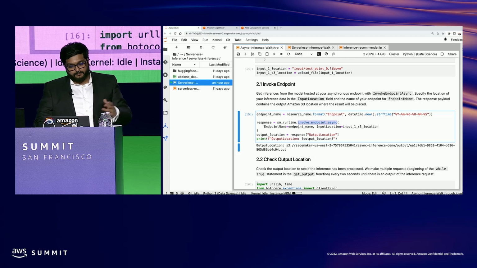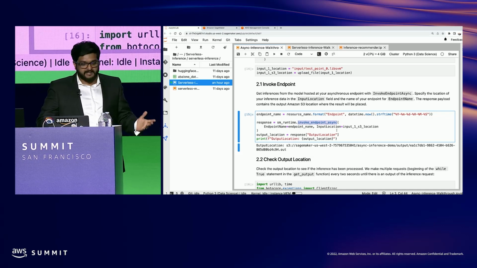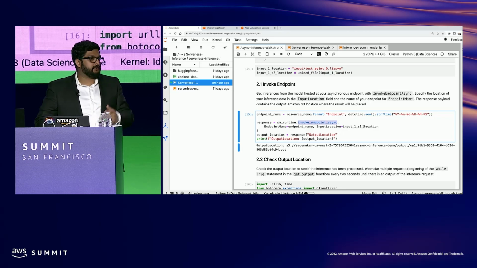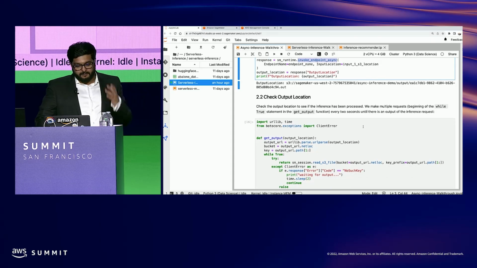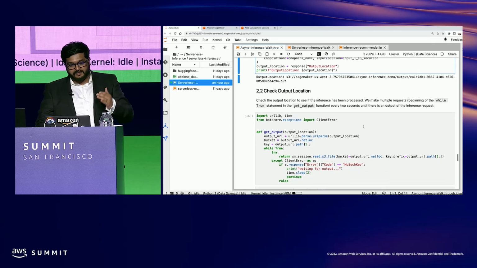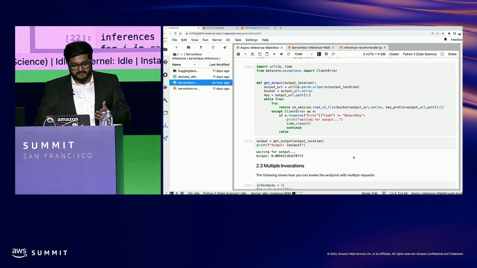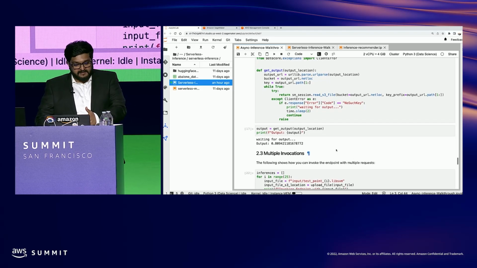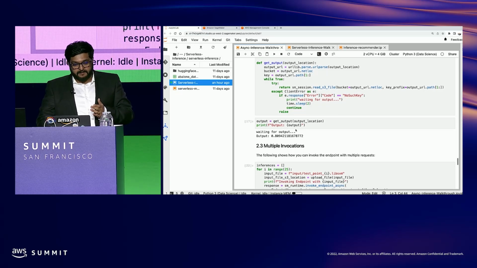The only inputs we need are the endpoint name and where our input resides. That is our S3 bucket, or it could be your local path as well. Everything else remains the same, where we go look at the output location. We'll see if there are any errors in this particular stage. Now we've seen the invoke endpoint, which waits for the output, and I see that output